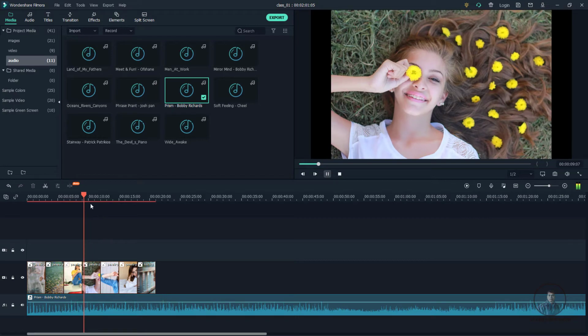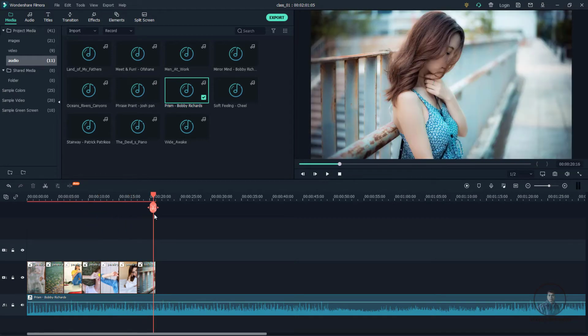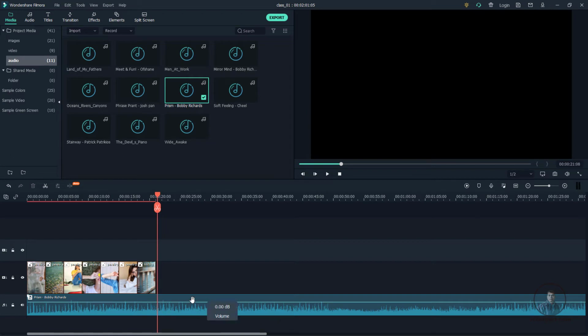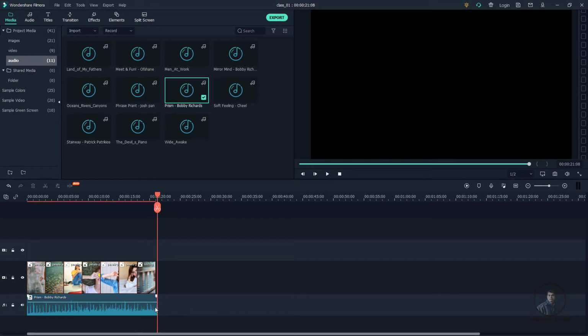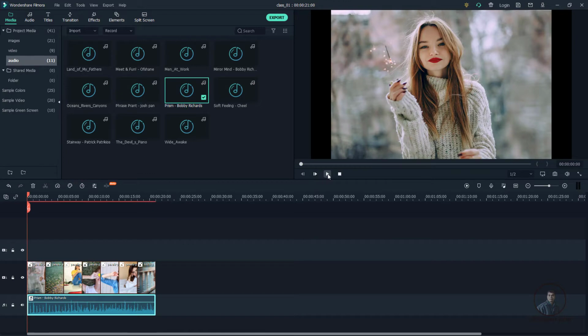Downside, if you see here, I think till here I have placed our media, but the audio is a little bit too long. So if you want you can delete this extra part. Before this, we have to split our audio from here. Then again simply select the audio. Then at the top you will get tools for different purposes. Here this scissor will split your media into two parts. Just simply click here, then after this you can select and simply delete it. You can also trim and extend your clip in the timeline. Now play and check. So now this is looking good here.